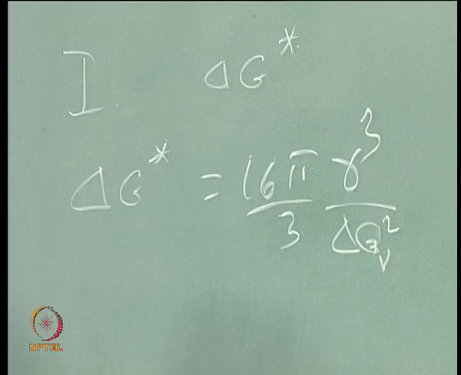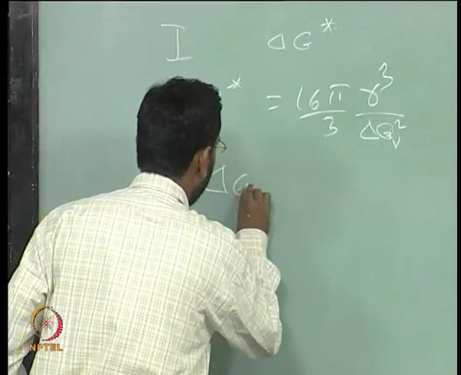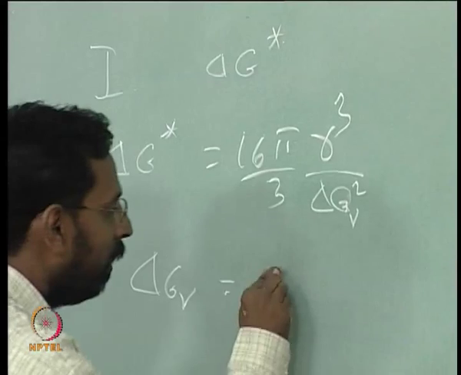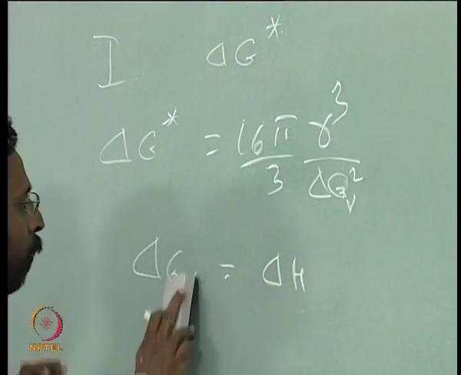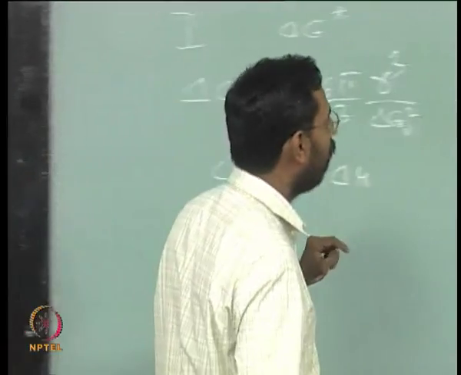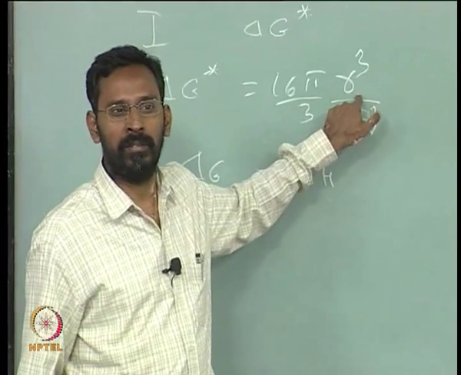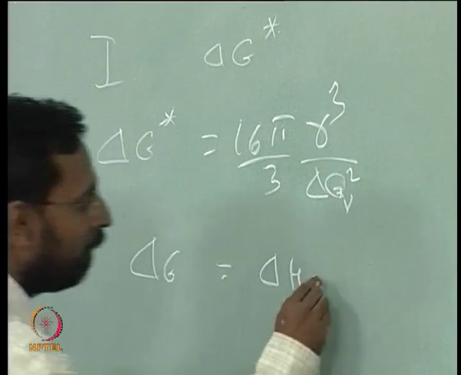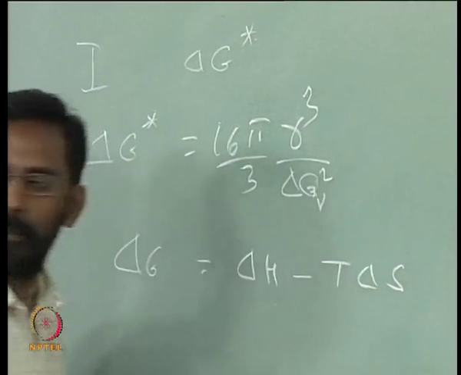So, many people have tried to understand how to calculate this delta GV, and if you want to calculate the delta GV, basically it can be broken into two parts. One is delta H. We will not talk about V anymore now, because whenever we say delta G, it is basically the volume free energy that we are talking about, because the moment it is surface we use a different term, gamma. So, the moment I say delta G, it is always the volume.